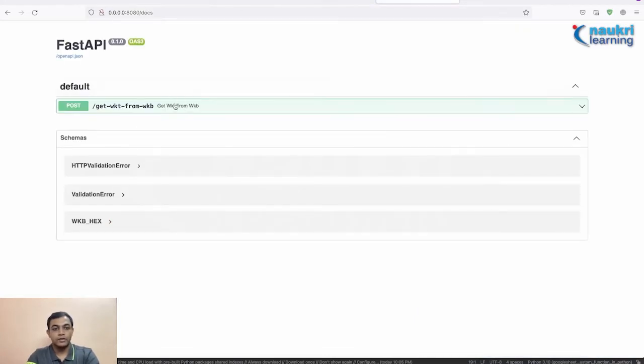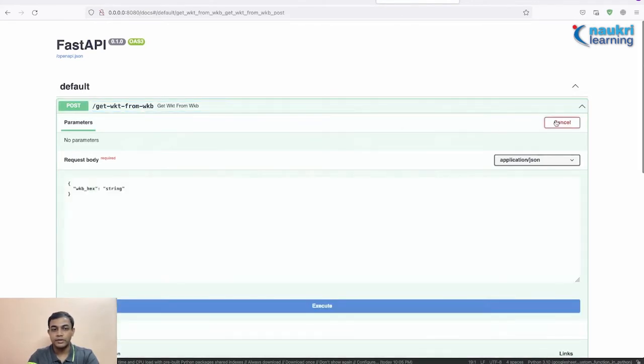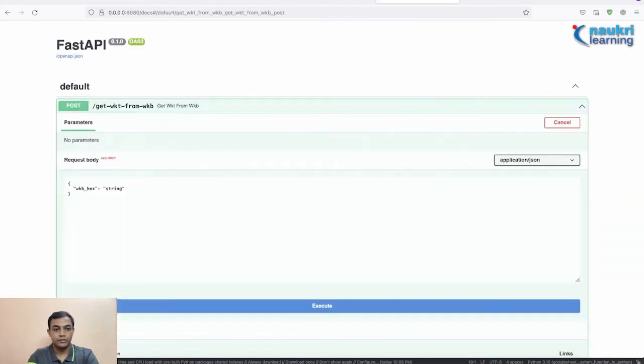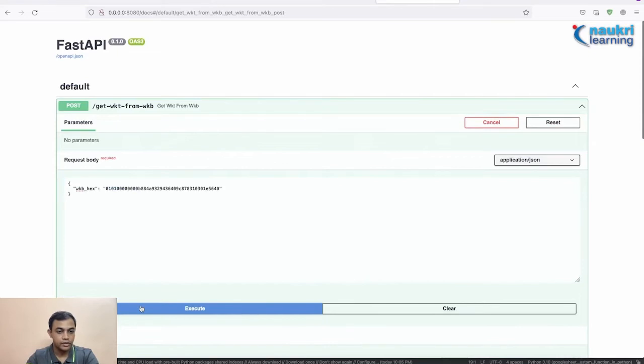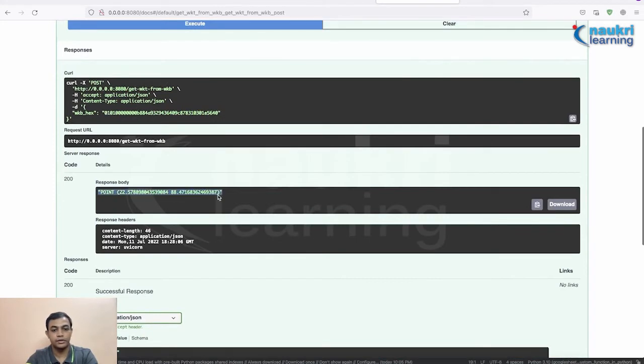And over here you can also play around and test your API. So we will go in this tryout feature, and we will use the input that we were using out there. Put this in the string and run execute. Okay, so this is the curl request that it has sent, and this is the response that it got,